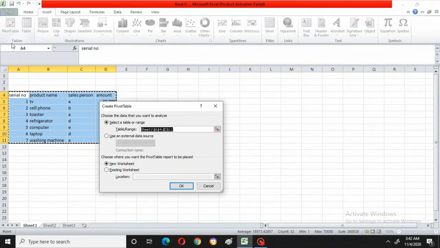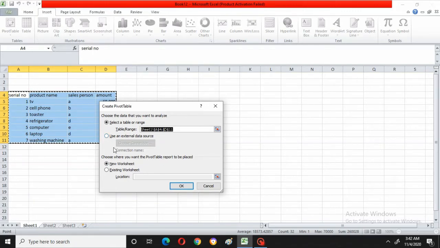Right, now here you got one dialog box asking range. Already I have selected a table. This is the table, and the range of the table is showing here. Next, if you have not selected range, then you have to go for use an external data. So that means data source. That means wherever that data is there, to that particular data you can select with one open dialog box option. If you click on this, you will be getting open dialog box where you will be having already existing tables, if you have created.